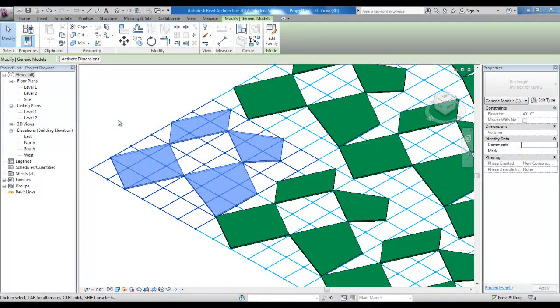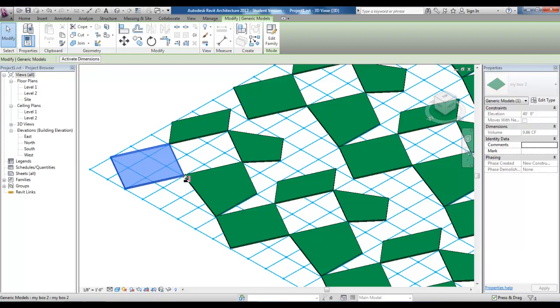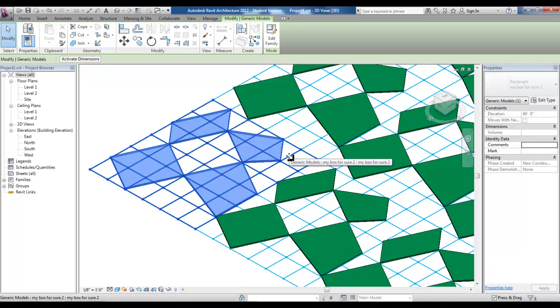This is a quick video to show how adaptive components can be used. This one panel is at the beginning a generic model that has parameters established, and then it also has adaptive points at the corners. So when we create a pattern and we place these adaptive points, we can design our form based on these nodes, and then